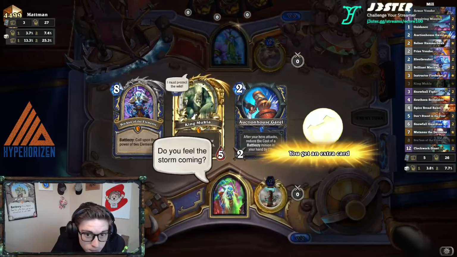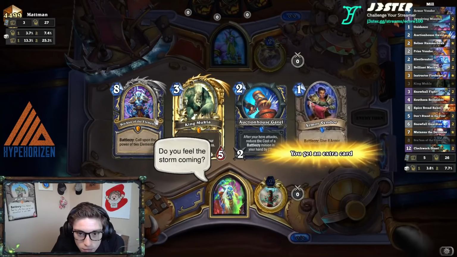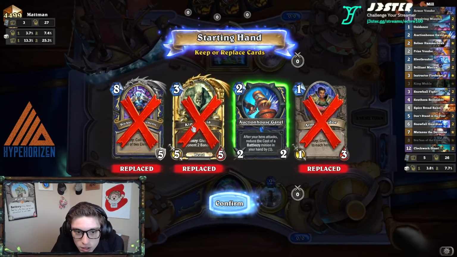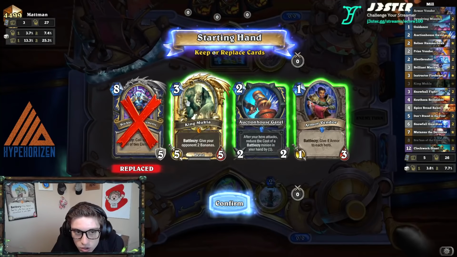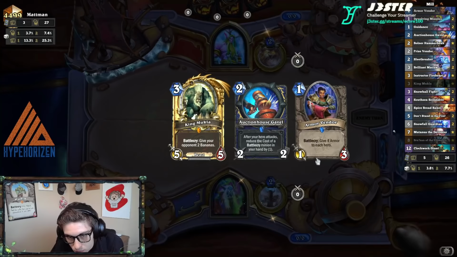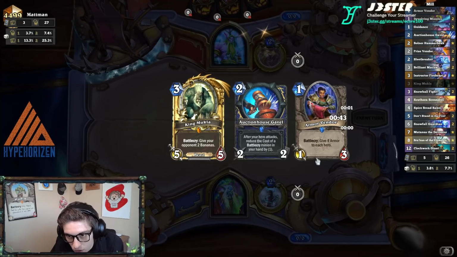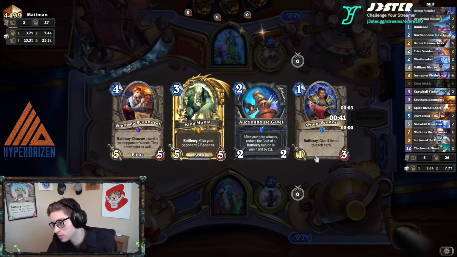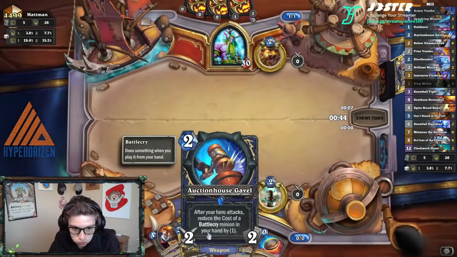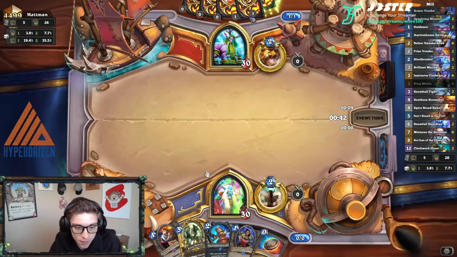I like the Gavel. Not sure if I'm a big fan of Mukla and Armor. Well, if it's aggro, these 2 are gonna be really good. If it's aggro, these are all good cards. I guess I'll keep them all, just in case it's aggro. I mean, if it isn't aggro, that's fine. I can still play Armor Bender. It is aggro. Okay, we're definitely going to need...